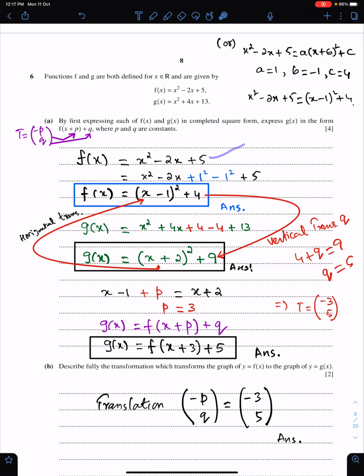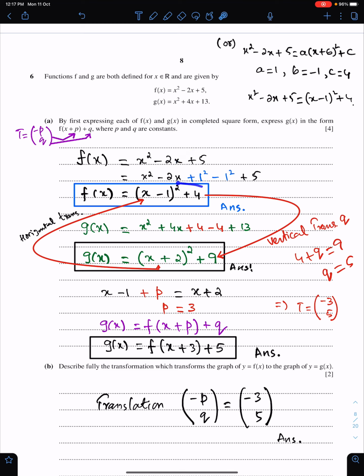This is the second method, the completed the square form method. According to this method, we first need to copy these two terms and add the term which is missing. So 1 square is missing. According to math rules, we have to add 1 square and subtract 1 square, and this plus 5 is here. Those students who know this method can do it. Otherwise, I always recommend students use the first method to express this into this form, because that method is simple. Although it's lengthy, it is very simple. This method is not simple, this is complicated.